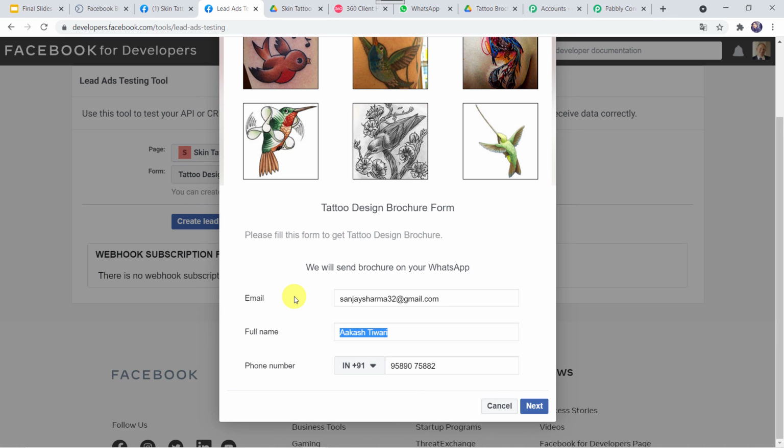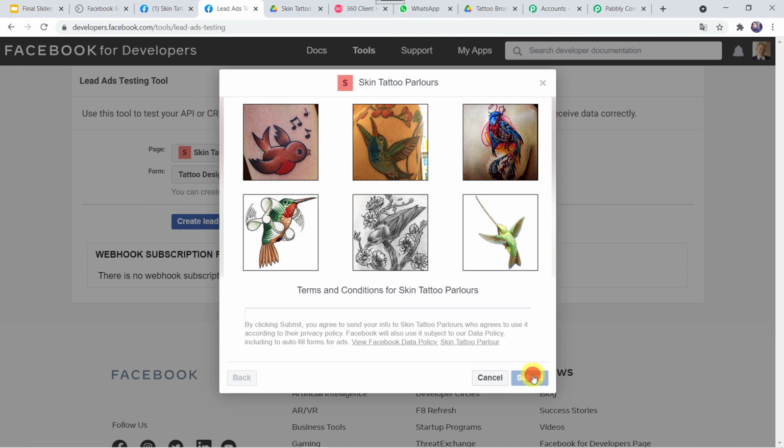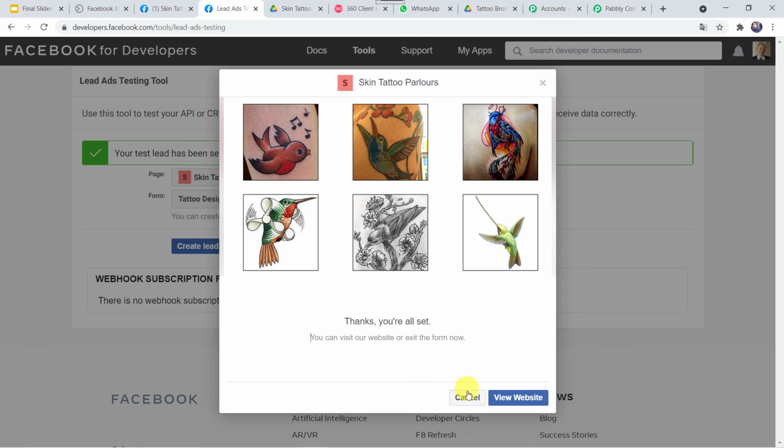And let's give the name over here as Sanjay Sharma. I'll just give the mobile number also. And now let's click on next and let us submit it. Okay, thanks, you're all set.